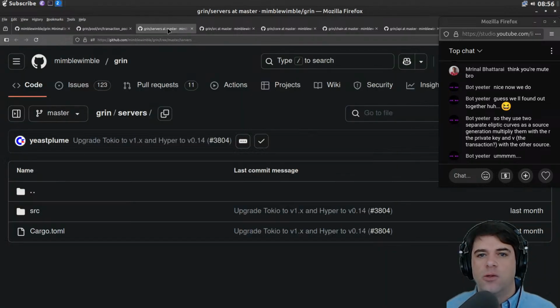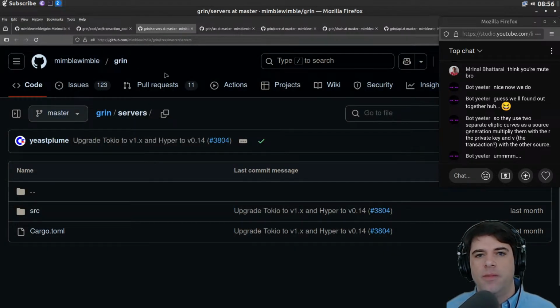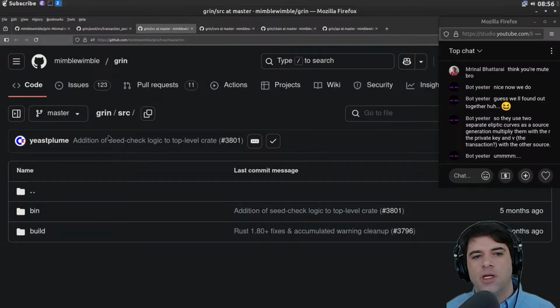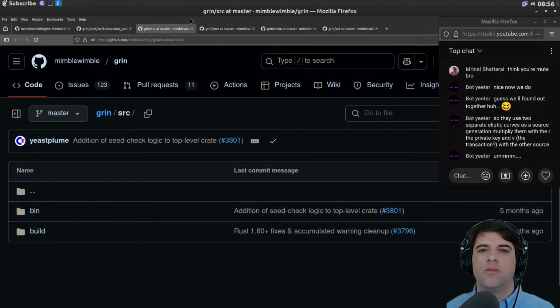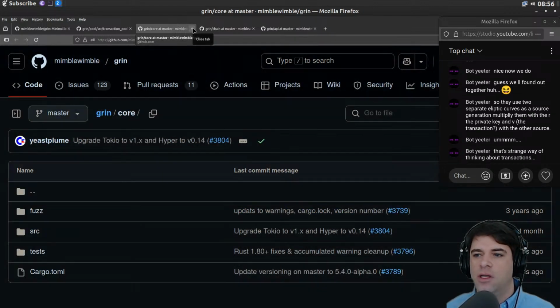Okay, so transaction pools looks cool. I want to see something a little bit closer maybe to the crypto, so I have a feeling that's going to be a tar pit that drags us all in. In source, we have bin and build. Those look compile-y and buildy.